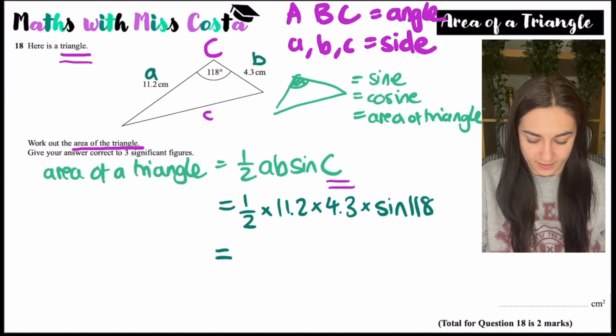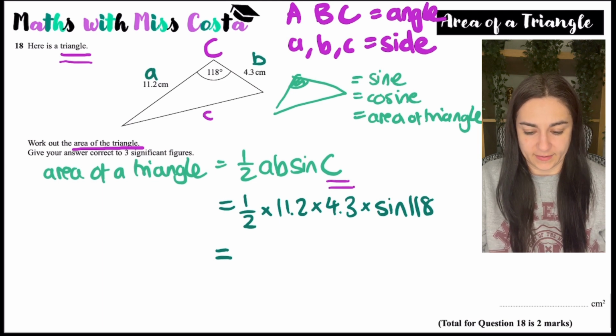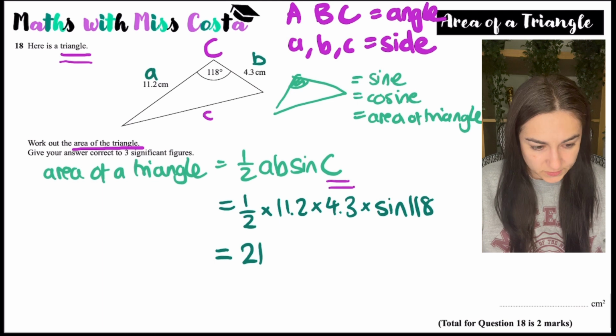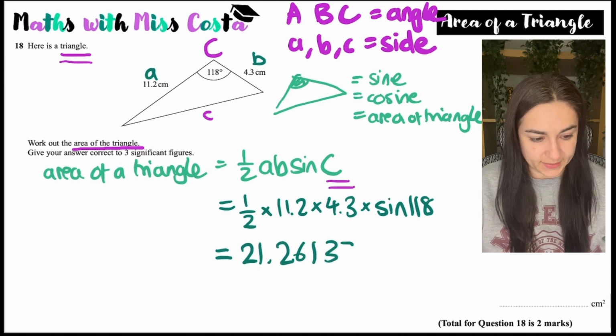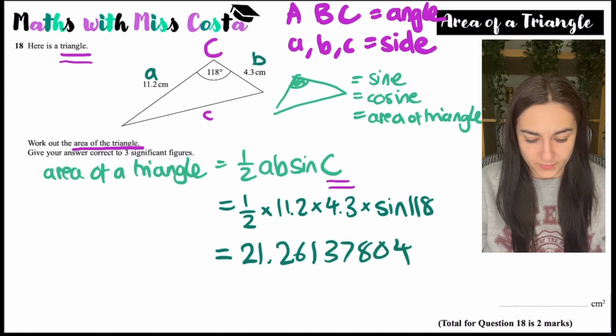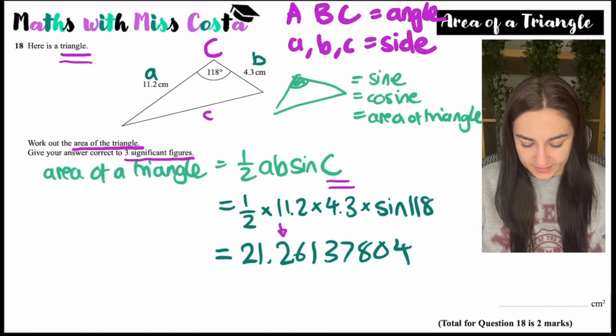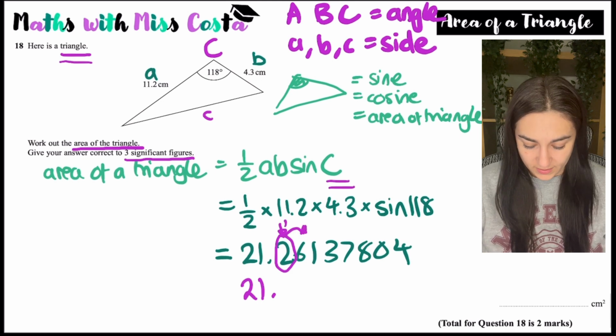So 0.5 times 11.2 times 4.3 times sine 118 gives me 21.26137804. And I'm told to give my answer correct to three significant figures. So the third significant figure is this over here. So I'm going to look next door. If the number is 5 or more, I round it up, I add one more. So that would be